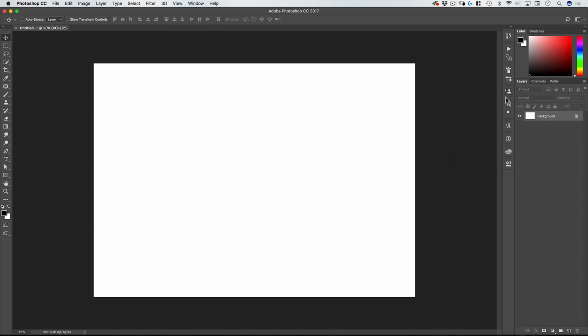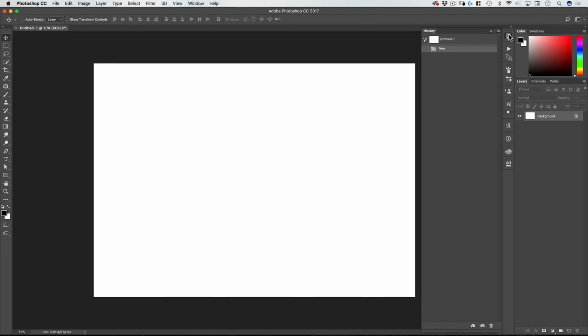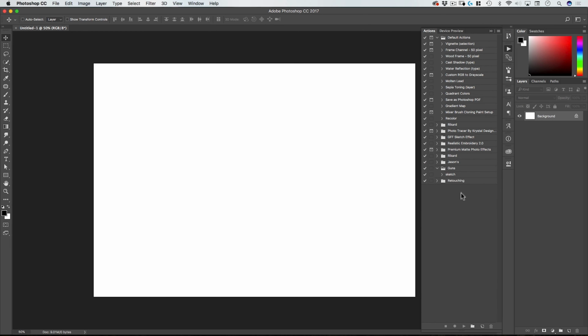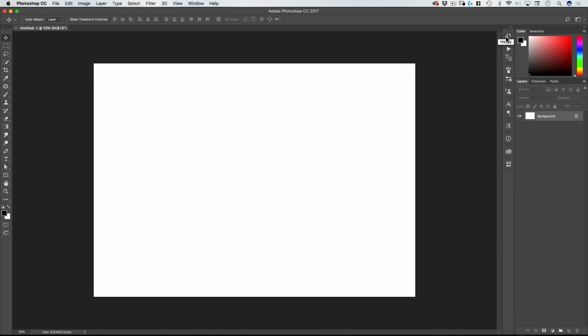Here, these icons indicate a collapsed palette. So if you click on that, the palette will open up. For example, these are actions, that's history. So those are all your palettes. And finally, you have the top menu, which is where you can access various filters and tools and so forth.